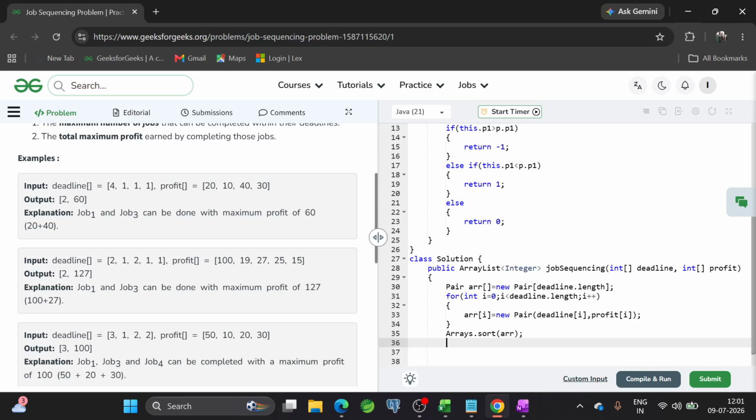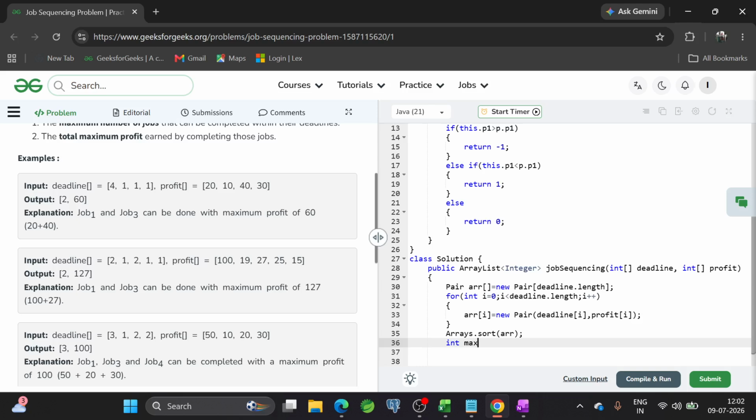Then I will make one stored array, because for the stored array, first I will find the maximum deadline. Based on that deadline, I will create one stored array. In the stored array, I will check whether this job will be completed within the deadline or not. If it is completed within the deadline, then I will calculate the maximum profit and increment the jobs.